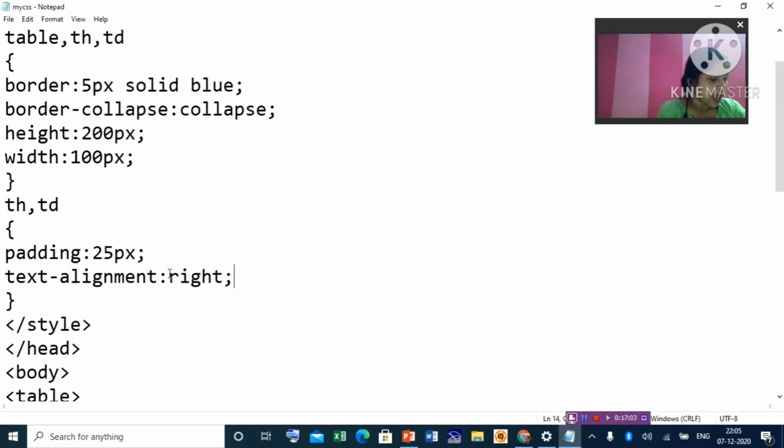Another one is vertical alignment. Suppose I want to use this for only TD. Here vertical align will be top, bottom.